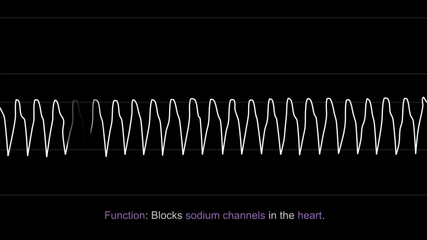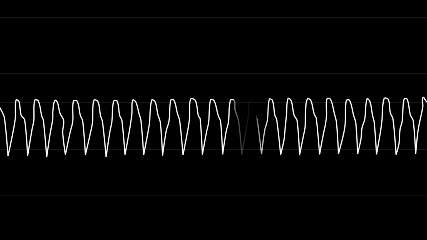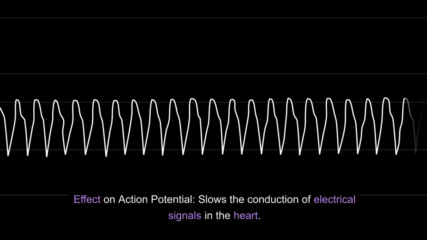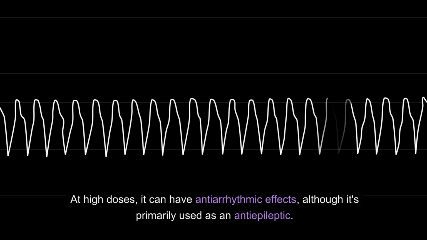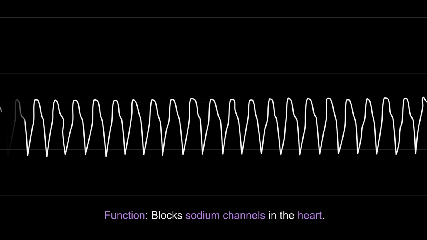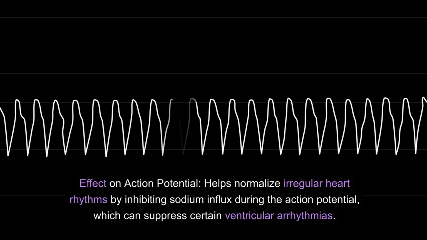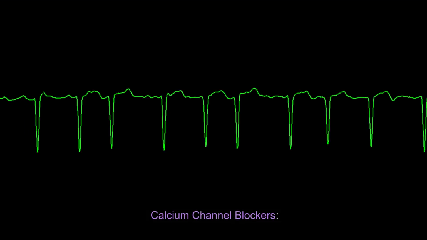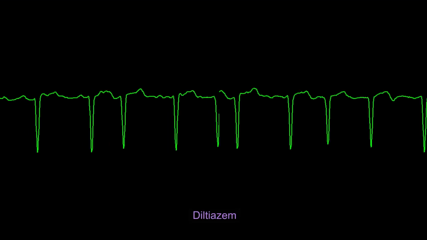Phenytoin, function, blocks sodium channels in the heart. Effect on action potential, slows the conduction of electrical signals in the heart. At high doses, it can have anti-arrhythmic effects, although it's primarily used as an anti-epileptic. Lidocaine, function, blocks sodium channels in the heart. Effect on action potential, helps normalize irregular heart rhythms by inhibiting sodium influx during the action potential, which can suppress certain ventricular arrhythmias. Calcium channel blockers, diltiazem, function,